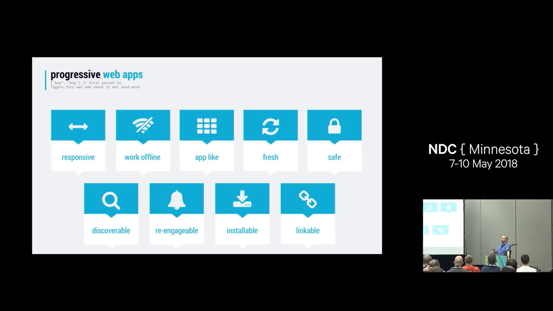So I've been kind of dancing around talking about progressive web apps. The question is, well, what is a progressive web app? Well, the definition of a progressive web app features 9 attributes. The first is that a progressive web app has to be responsive, meaning that it's an application that works on multiple different devices with multiple different form factors and screen sizes. So the same app will work on this phone, that would work on that screen, that would work on my laptop. Next, it needs to be able to work offline